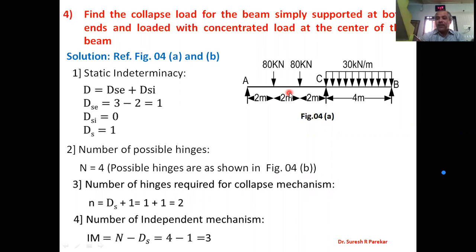In the last case I had only one concentrated load. Here I have taken two concentrated loads. So CB is the same as in the last case; the change we have made is in these beams. The number of possible DS is again the same, with continuous support C. Number of possible hinges: first at C, second at 80, third at 80, and fourth at 0.586 L from C, because this is a proper cantilever, or 0.414 L from B. The change is only in AC; CB is as it is.